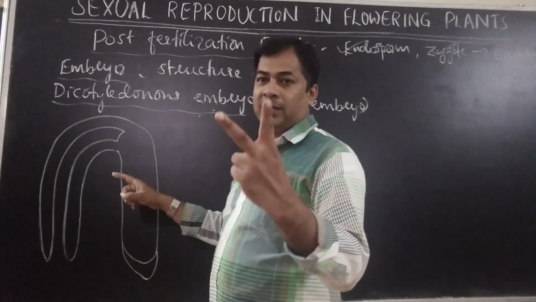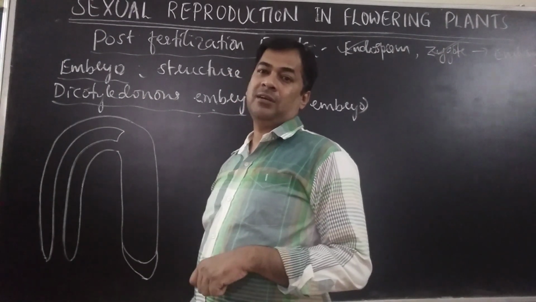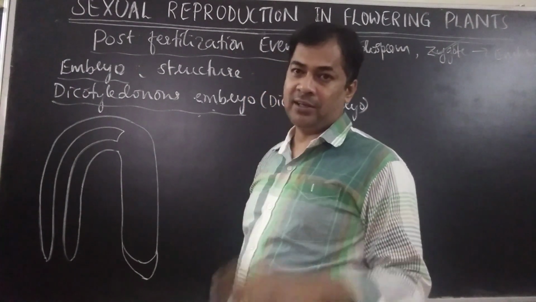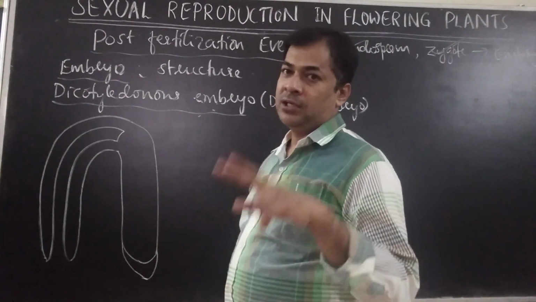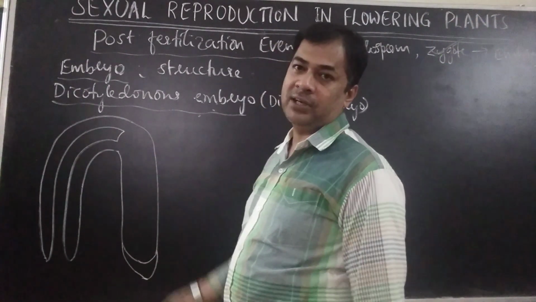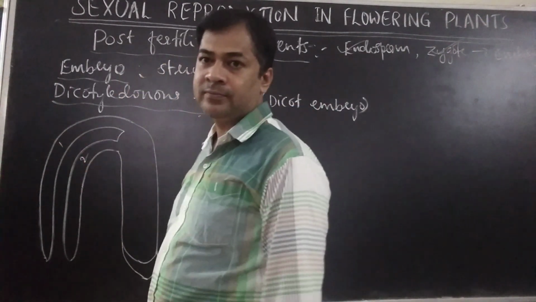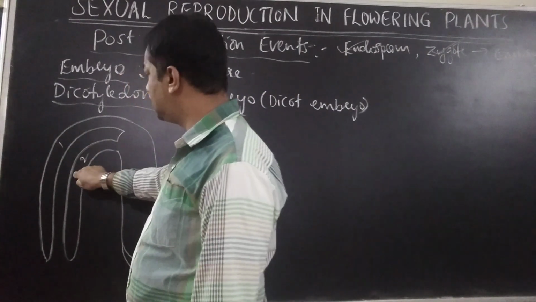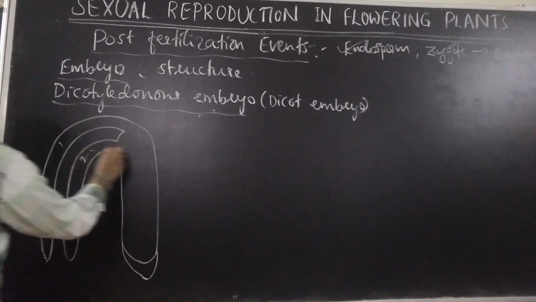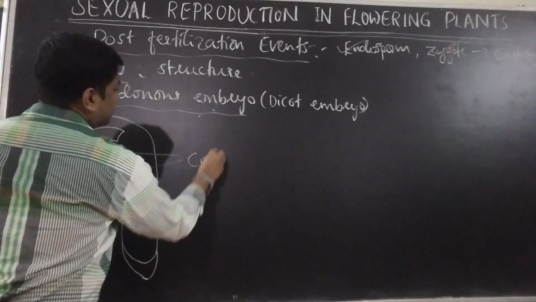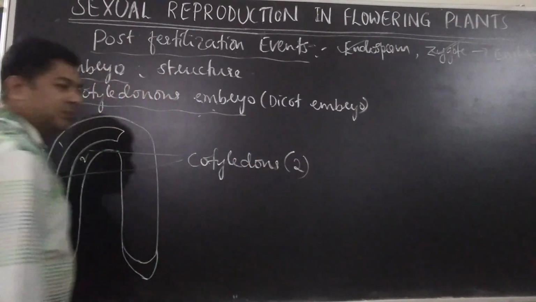Now we will label the dicot. Di means two cotyledons are there. So dicotyledonous, two cotyledons. In Kannada, ದ್ವಿದಳ ಧಾನ್ಯ, ದ್ವಿ means two, ದಳ ಅಂದರೆ cotyledon. Two cotyledons are there, so it is called dicotyledonous plants. So what are those two cotyledons? This is one and this is two. So this is one cotyledon, this is the other cotyledon. These two are cotyledons. How many are there? Two cotyledons are there, so dicot plant.